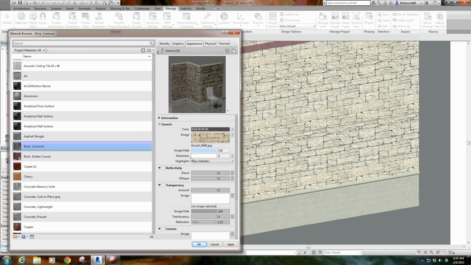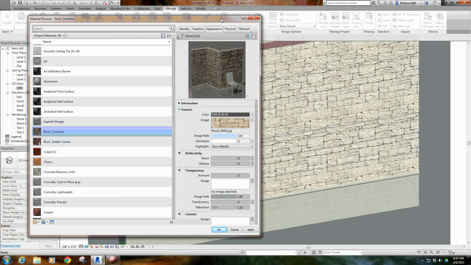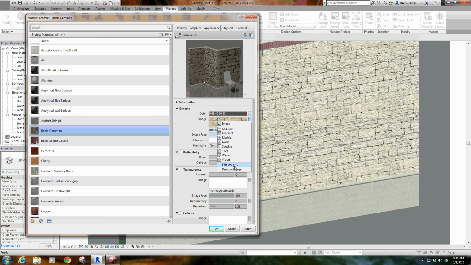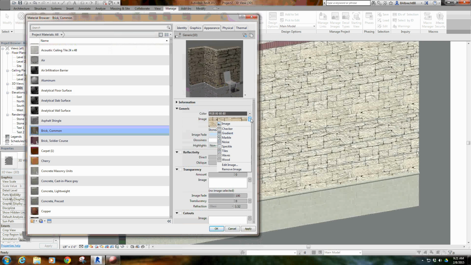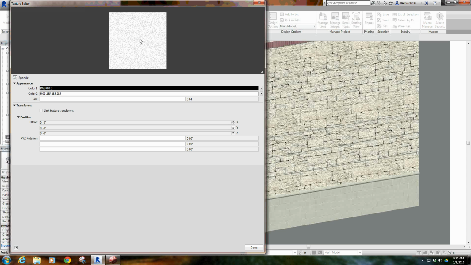So other than that, in terms of controlling material size, is a big thing. So coming in here and adjusting your size to get that right. There are some generic things in here, so if you wanted to create a gradient to a wall or a checker pattern, things like the speckle and the noise can be really good for creating stucco finishes. So if I come in here and say speckle, right now the size is set at like a 0.04, which is probably alright. It might be a little big if we go to 0.2 for a stucco finish,